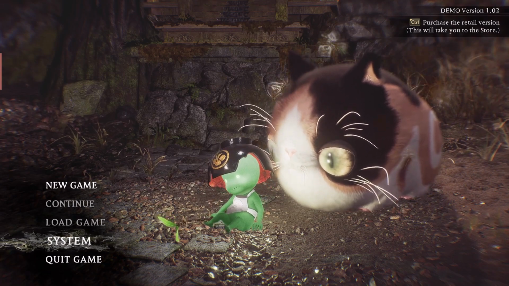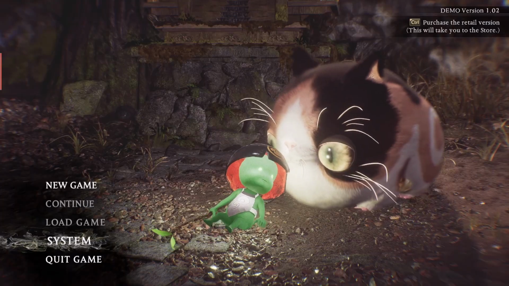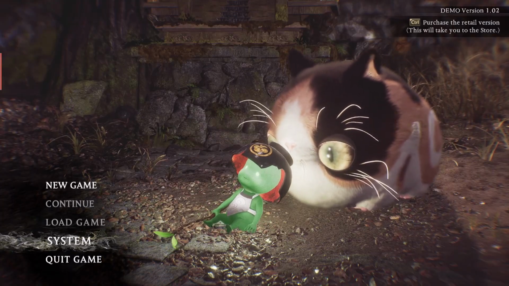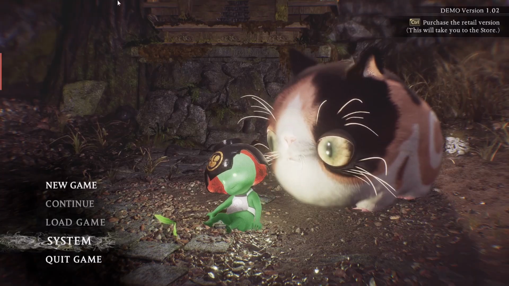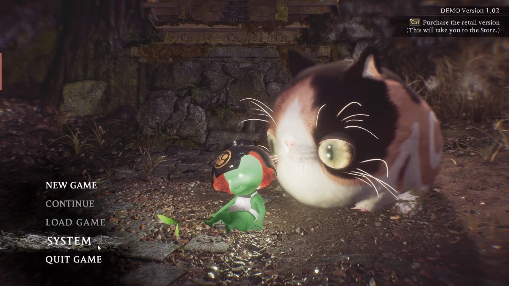In this video tutorial, I will show you how to change language in the Nioh 3 game. So first of all, launch the Nioh 3 game, and when you are on this menu screen, then click on System,